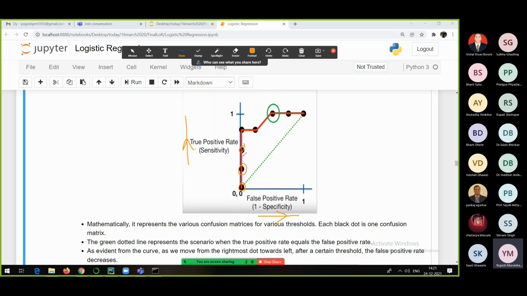Each marker represents one confusion matrix with respect to different threshold values. Now what we wanted to discuss, everyone, is why 0.5 is chosen as a threshold value, or why 0.6 will be chosen as a threshold value, or why 0.25 is chosen as a threshold value, and so on.